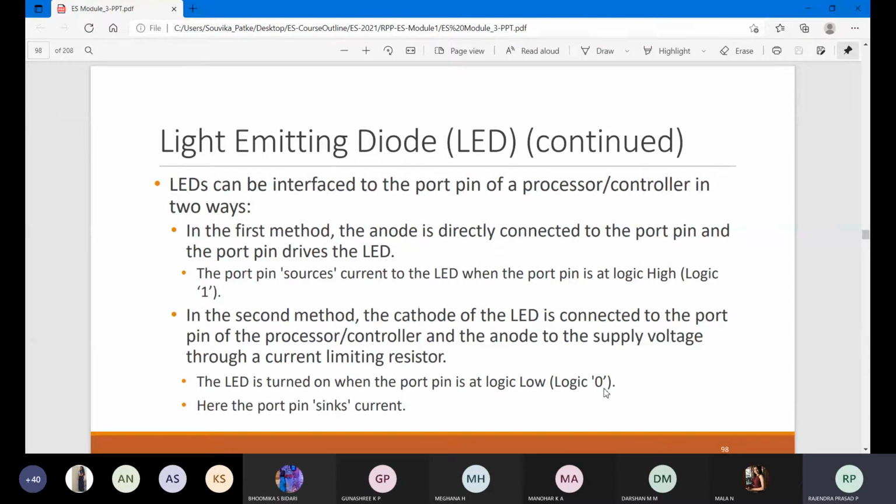So we have observed logic low condition, logic low active or logic high active. We have active low signals and we have active high signals. So either one of the signals can function.